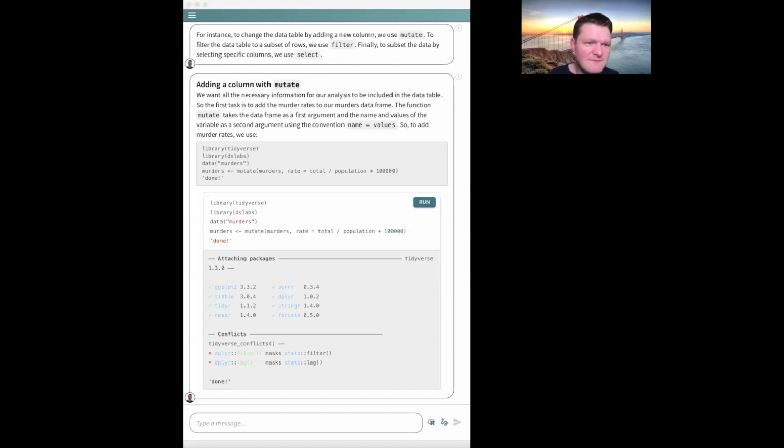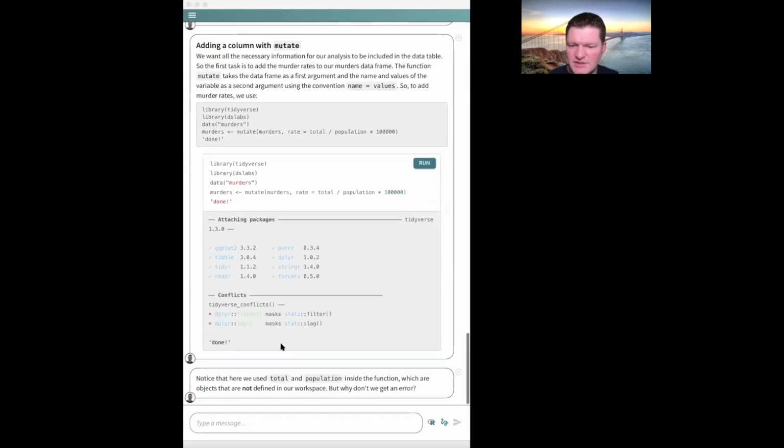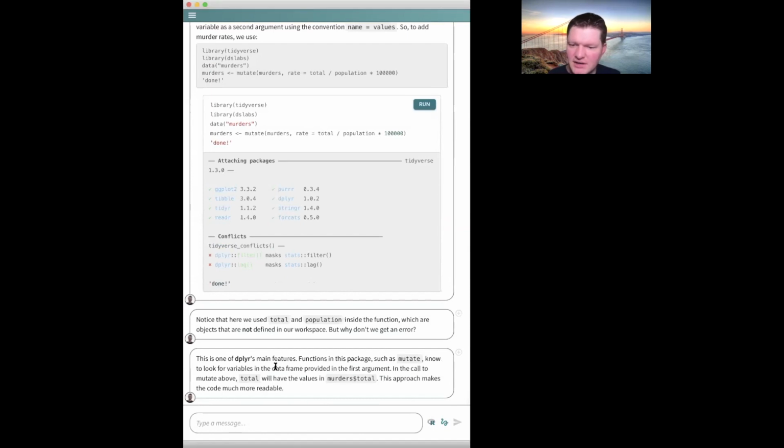So there is something fishy going on here. If you're used to other languages, this warrants some explanation. We've talked about this a little bit before, but this is a very special thing about R, and dplyr takes full advantage of it. So when we write total and population here, these are not variables which are defined in